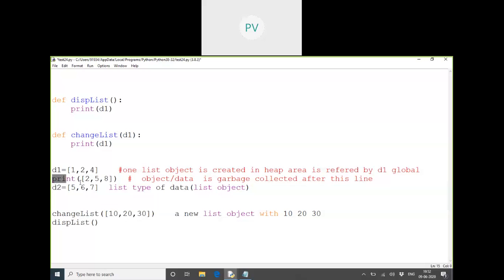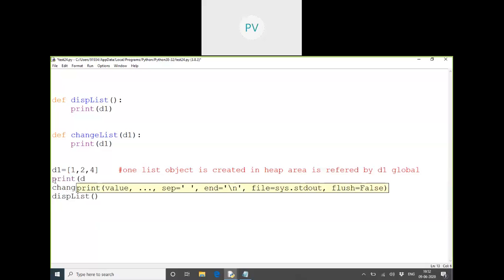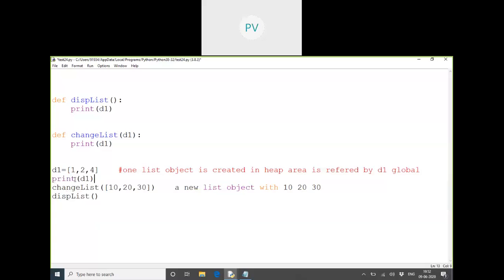So now when I say here, one list is created, and I'm calling which function? Print. If I say print D1, you can understand that the list is printed. Fine. Now I'm calling the function, and what am I passing? This function expects something, anything. You pass anything, it will take it.